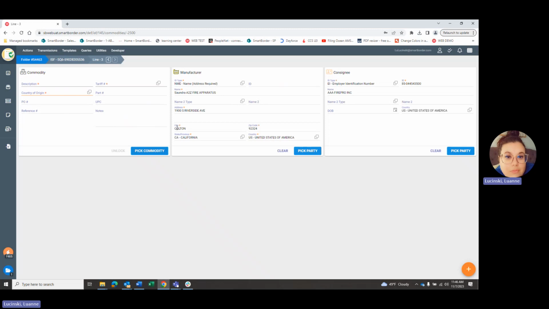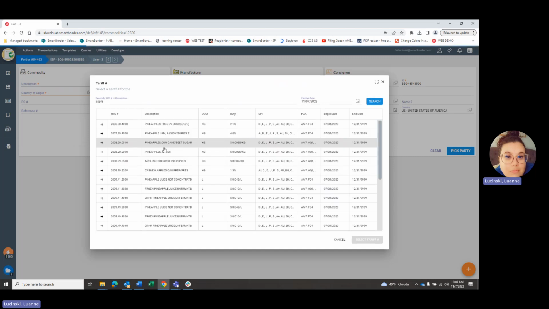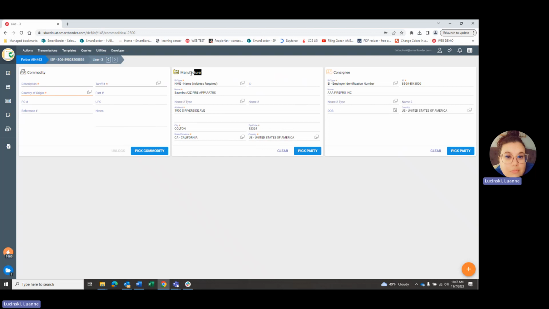If you would like to access our tariff picker, you can do so by clicking the double page icon in the tariff cell. You may search with a keyword or a partial tariff number, and the system will generate results based on your search. In the center, you will enter your manufacturer information, and to the right, you will enter